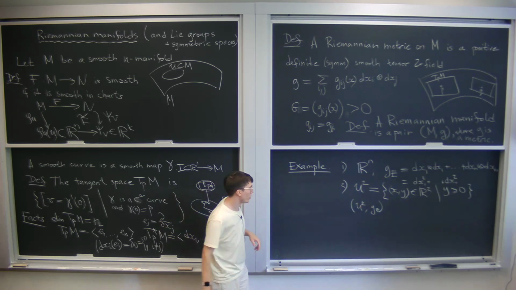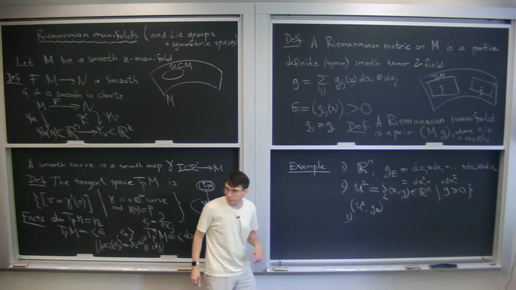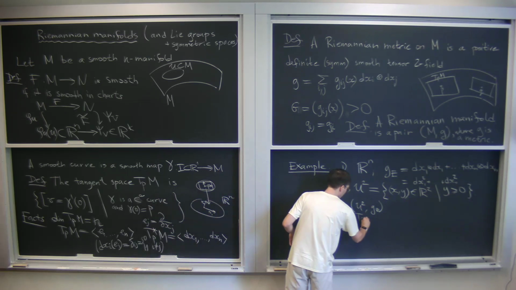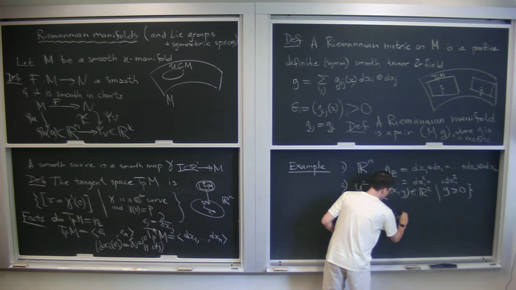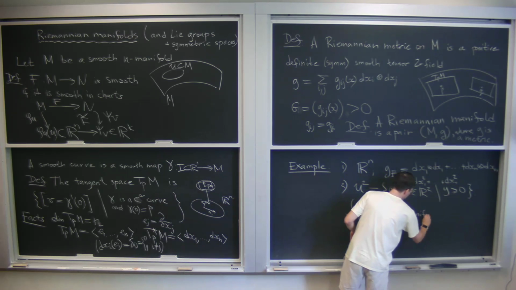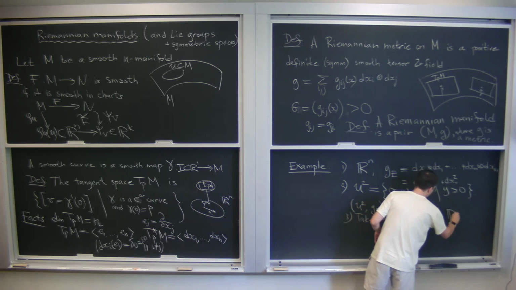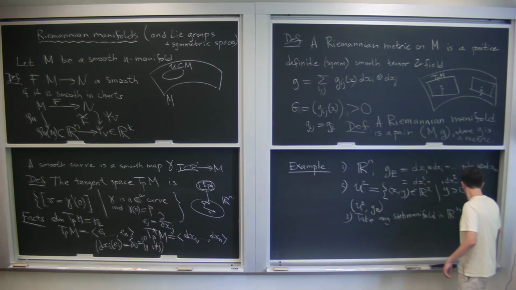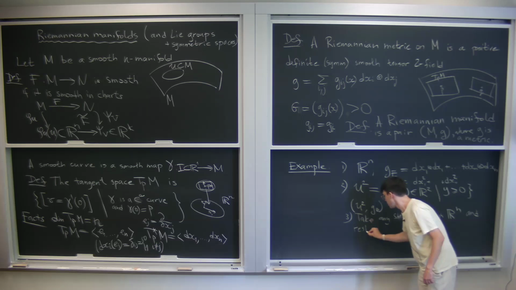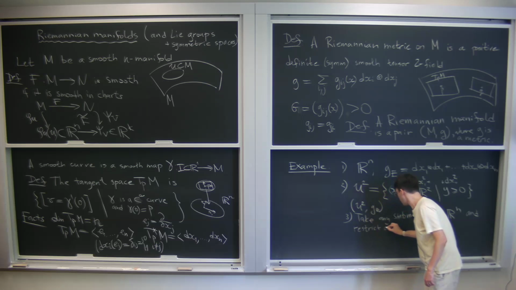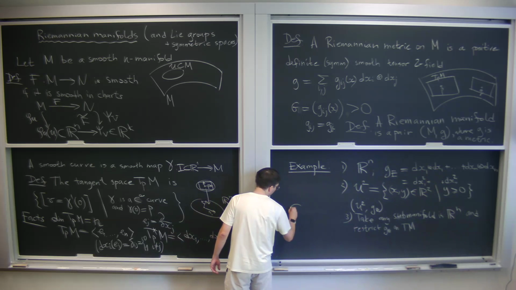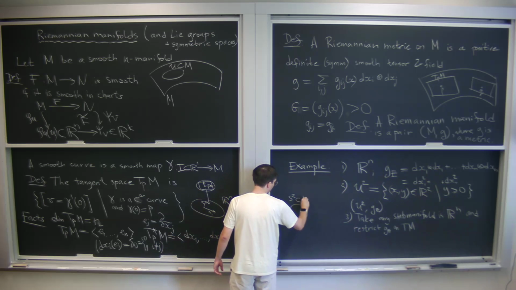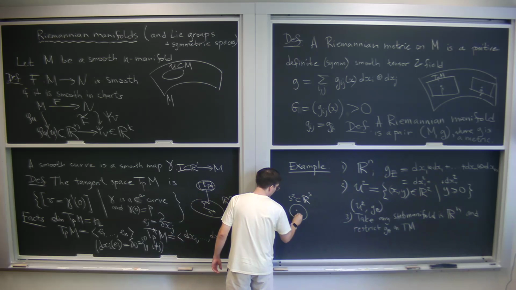And the third example, take any submanifold in R^n and restrict G, the Euclidean metric, on the tangent bundle of M. As a special case of this example, one can take a sphere, a two-dimensional sphere in R^3, and if you want to